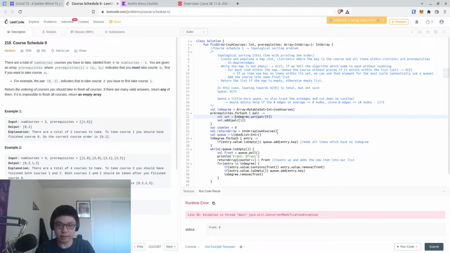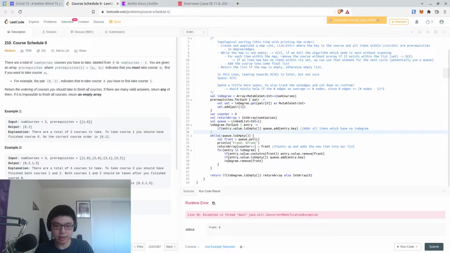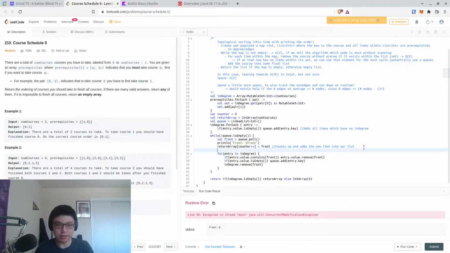Val set is equal to that, and then set add. I don't trust that the compiler is smart enough to cast it, so we'll cast it manually. Then here we can say for index in 0 to num courses